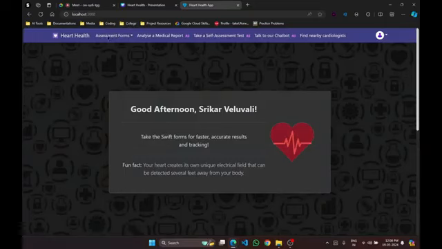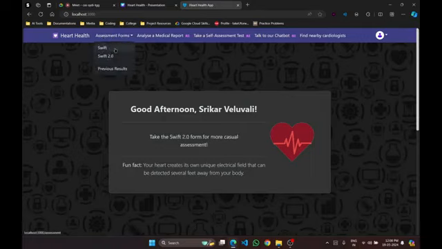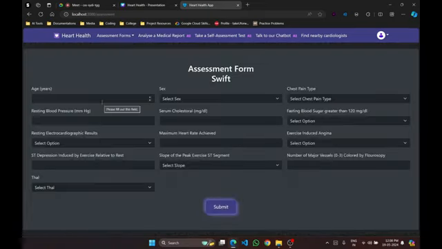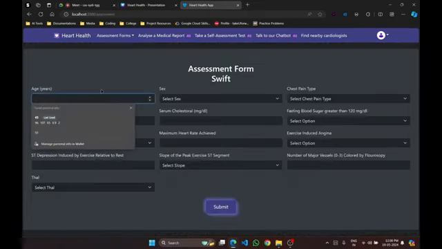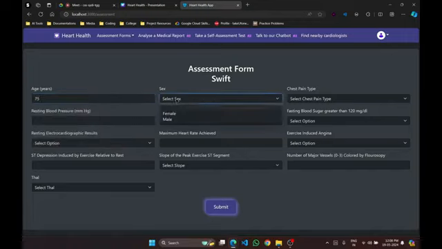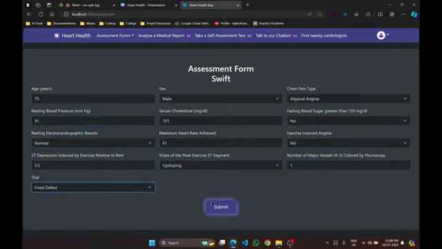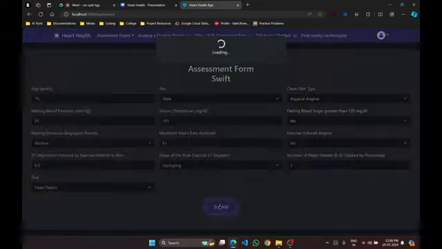You'll be able to access the assessment forms through the navigation bar. You'll have two assessment forms. It is called Swift and Swift 2. If you click on Swift and enter the details, enter the age, enter the gender. Once you click on submit,